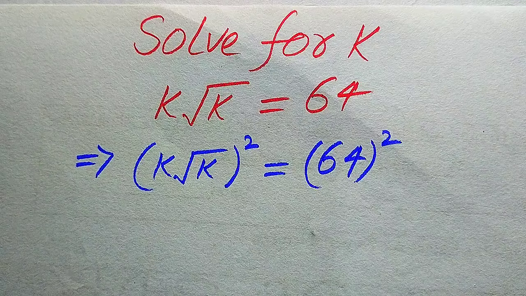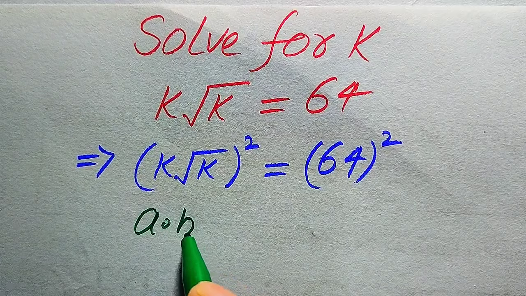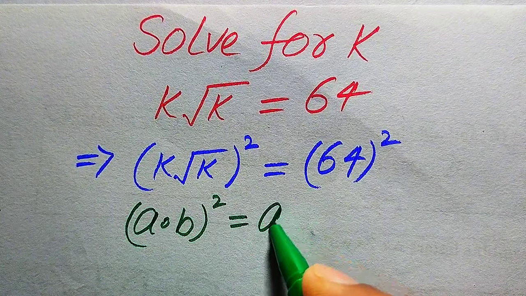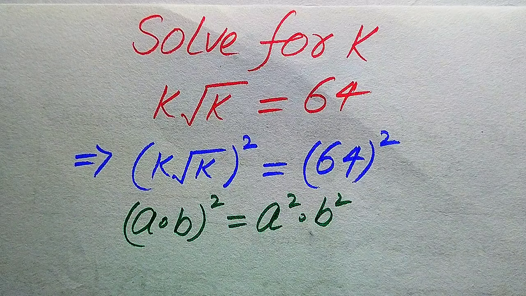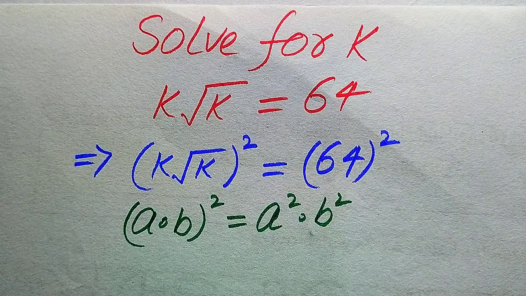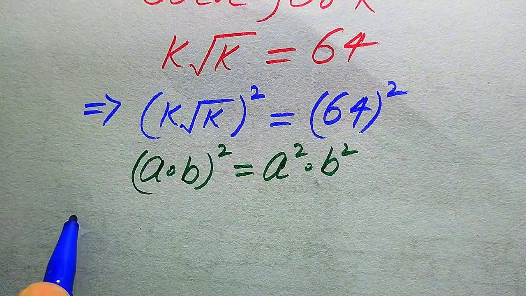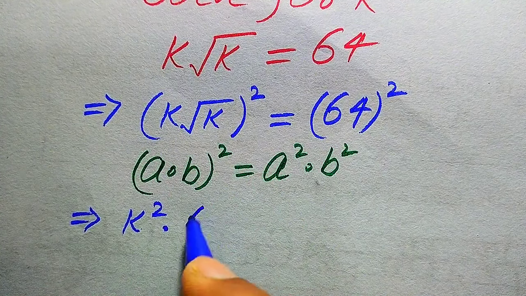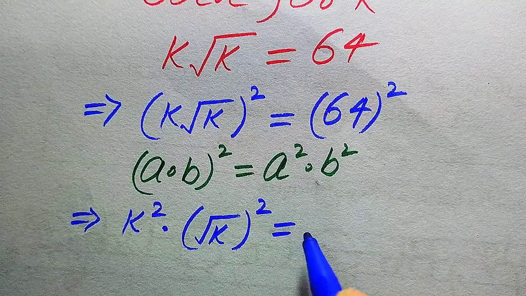So here we use the nice algebraic formula. You know about that. If we have two numbers multiplied by each other and we apply the square, it will be written as a squared multiplied by b squared. So according to this rule of square, we can apply the square separately on both of these two values, and after applying this, it will be written as k squared into the square root of k and its whole square,